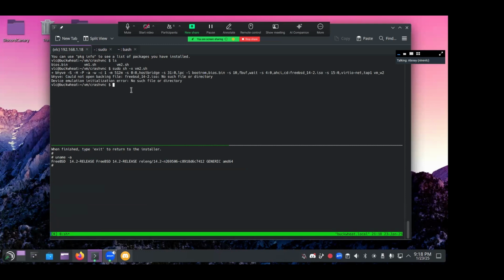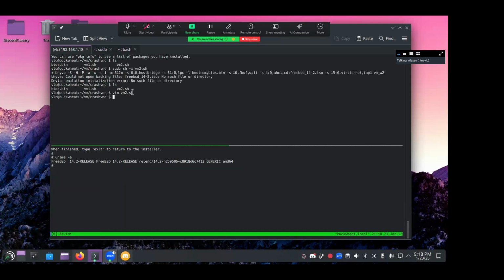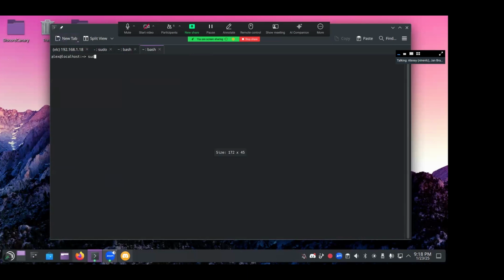This one. Okay, what is it? It's trying to open the ISO. Oh, it's trying to open it from a different directory, because I copied it over like this. Yep. Now you have to connect via VNC viewer, because you specified wait.